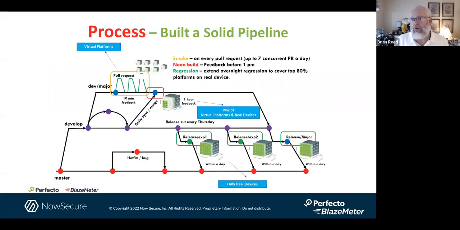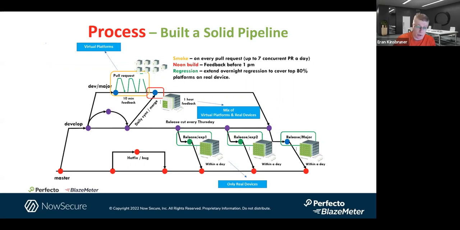So I'm going to hand it over to Eran to talk about, let's look at how to build a pipeline and handle all of those functional and quality issues. And luckily, Brian, what I'm showing right now on the screen, this is taken from one of my top customers. It's a very mature one, which implements CI/CD, CT, the 3 C's that we like to talk about. By the way, CI, CD, CT, continuous integration, continuous testing, continuous delivery. These are the things that really make DevOps tick one time after the other.